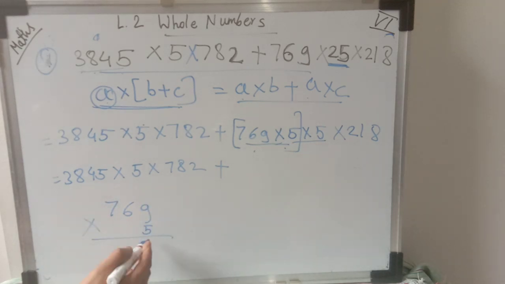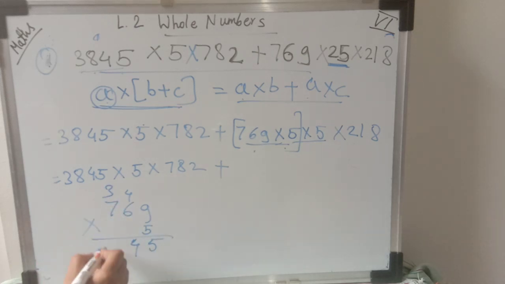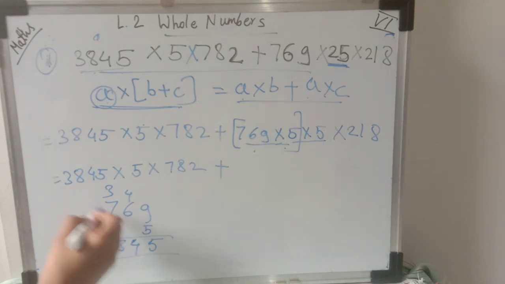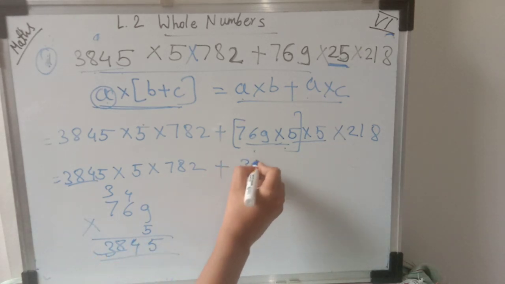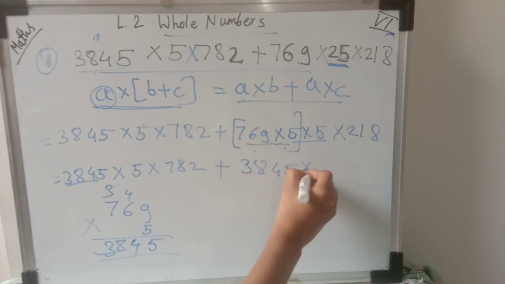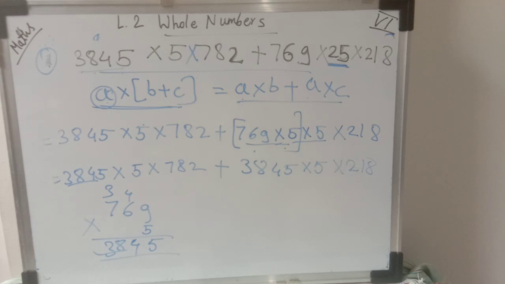ओके, सो 5 9 जा 45, 4 is here, 5 6 जा 30, 30 plus 4 34. Here 7 5 जा 35, 35 plus 3 38. So here we got the answer, student, that is 3845. So we decided that this is our A. So here we got 3845 multiply by 5 multiply by 218. Okay, so here